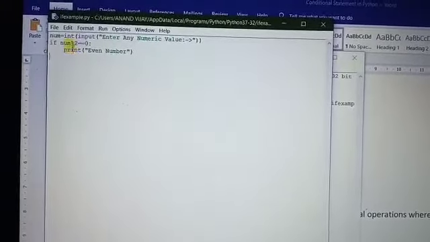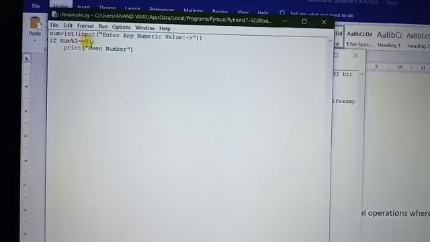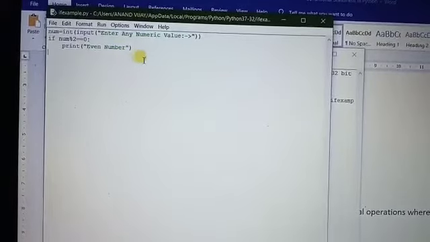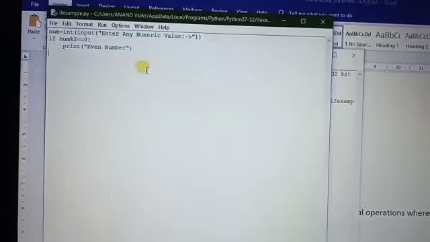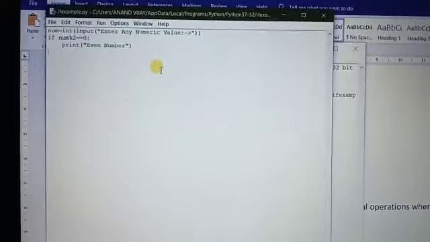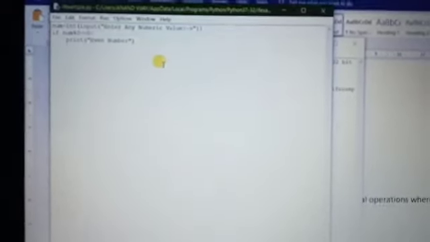And the remainder 1 equal to 0? No. In that case, the single if statement goes to false, and after false, it does not give the output. So the if condition works only for the true condition. A single if statement works only for the true condition.